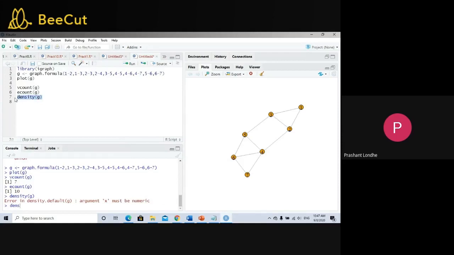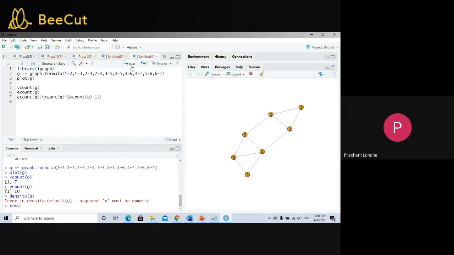Okay, it's not taking that function, so let me calculate it manually. It will be calculated like this: ecount of G divided by vcount of G into vcount of G minus 1.